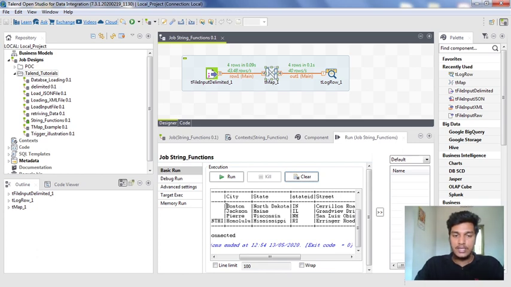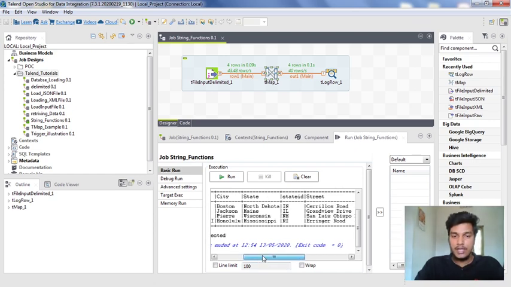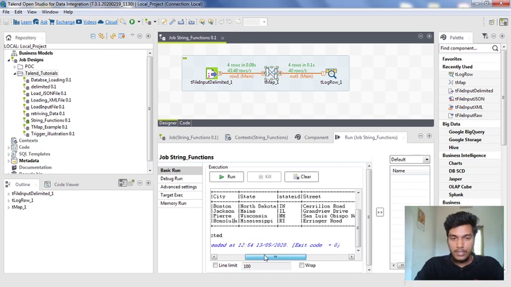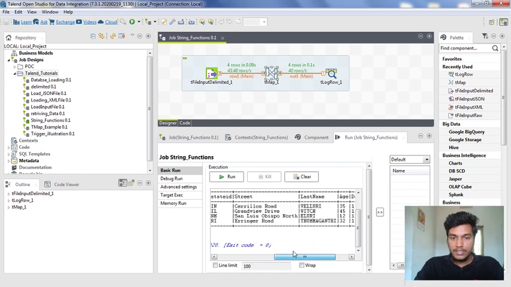Here city will get a random US city, for the state also it will get a random US state, state ID means random state IDs, and street also random. These are all the Talend built-in functions.